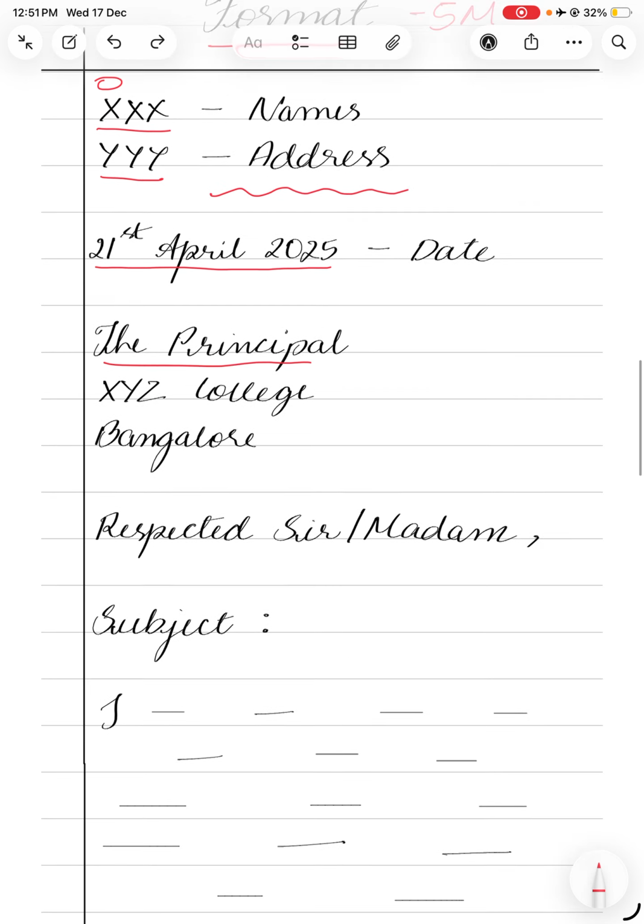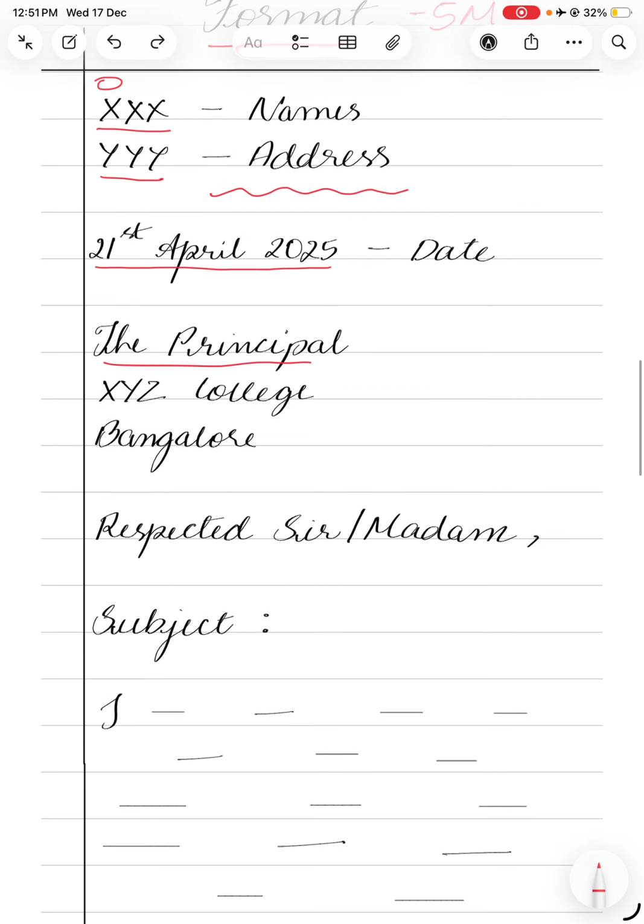So let us take an example of this invitation letter. So what are you doing here? The question goes as follows. Write a letter inviting the principal of a neighboring college to be the chief guest for your college cultural program. So what are the things that you can get from this one? When you're writing a letter, the first thing that you write is names. Obviously we will all know our names. And then address. So here, when you're writing the address for this invitation letter, you're going to write the address of the college that you're currently studying in.